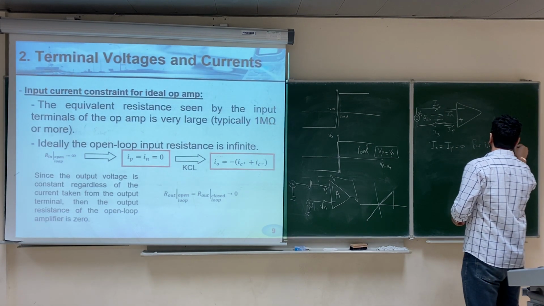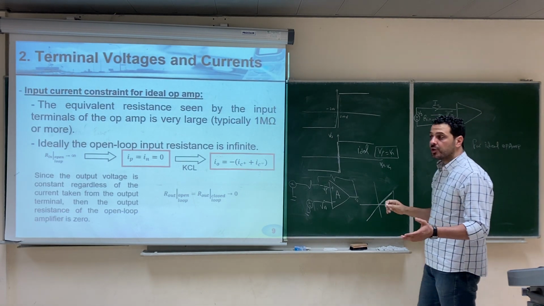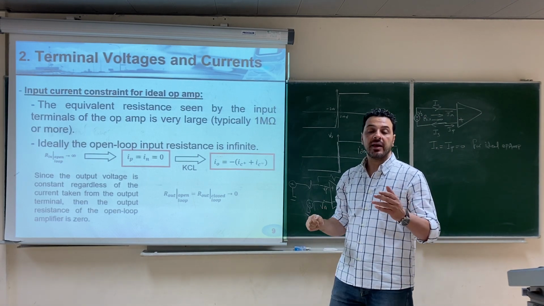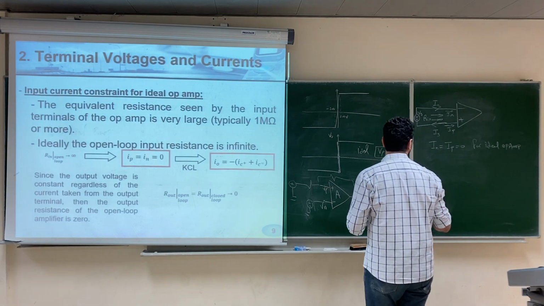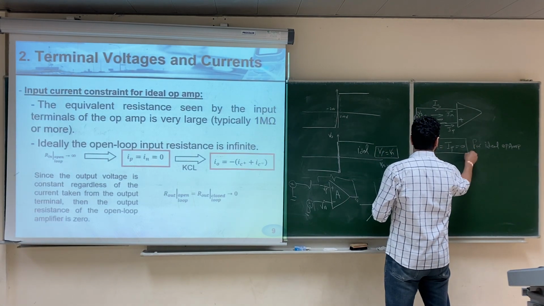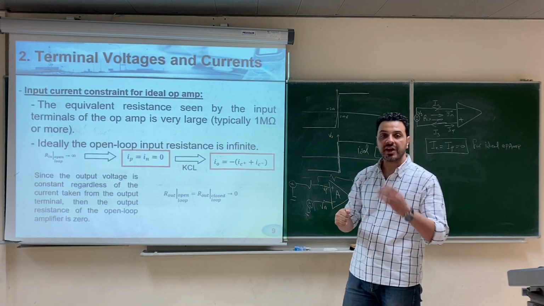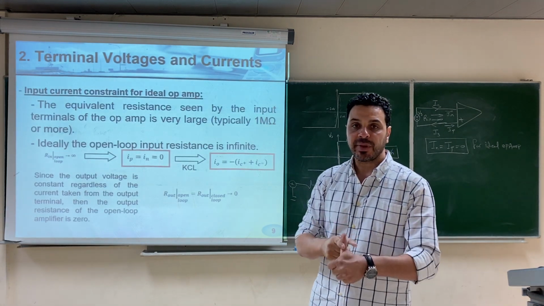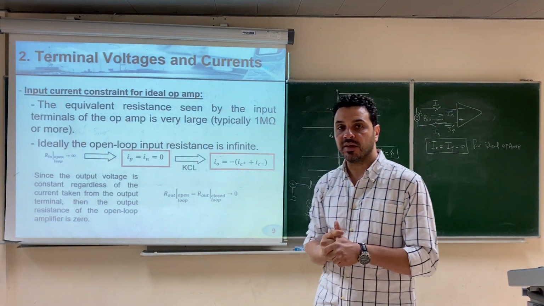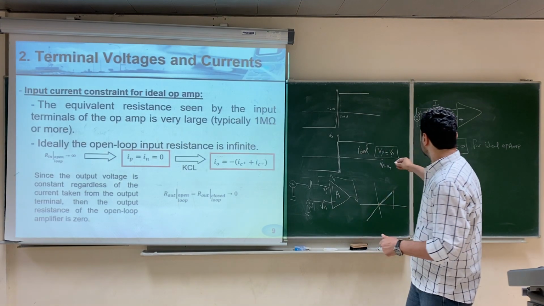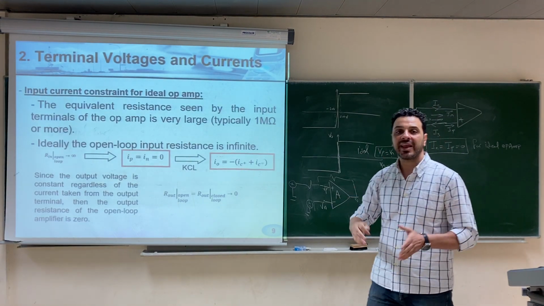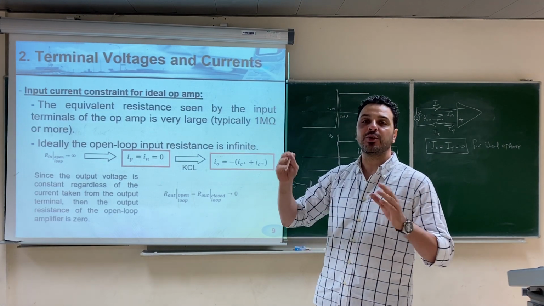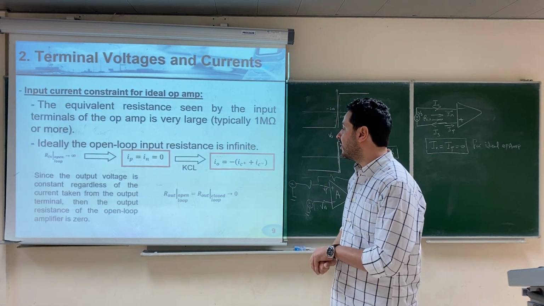op-amp. So always, not only in the linear region, always the Ip and In are 0 for the ideal op-amp. So this is the second assumption that will be very important to us: that Ip equals In equals 0, and the first assumption was that Vp equals Vn. These two assumptions are very important because we'll use them in order to solve any op-amp problem that involves an